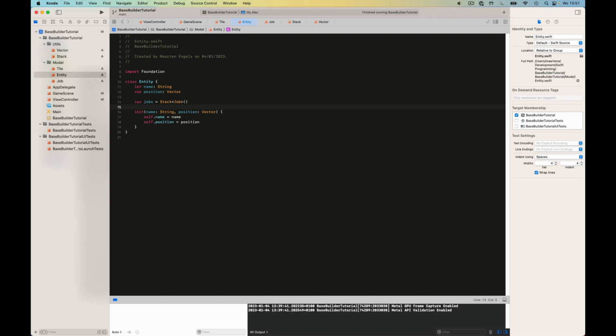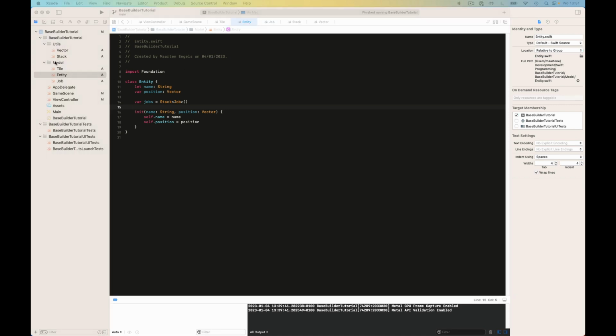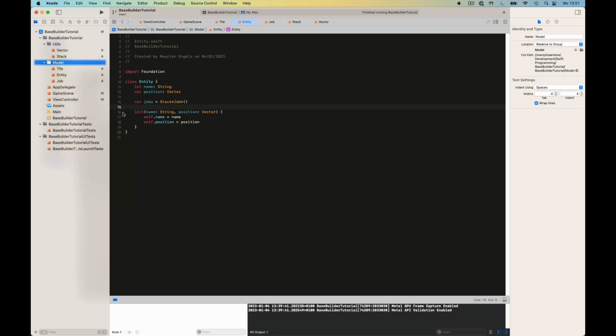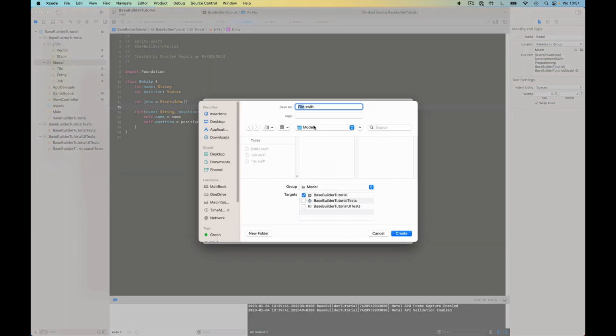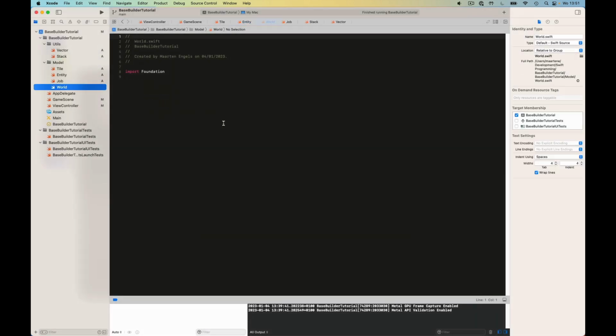Finally, I want to make a start with our world, and then we can start implementing some actual behavior. So we'll have a World. This will also be a class, and I don't want people inheriting from this one, so I'll mark it final. So it will at least have a set of tiles. And these tiles will describe a world as a dictionary from a vector and a tile. This is probably not the fastest data structure to do this, but at least it's